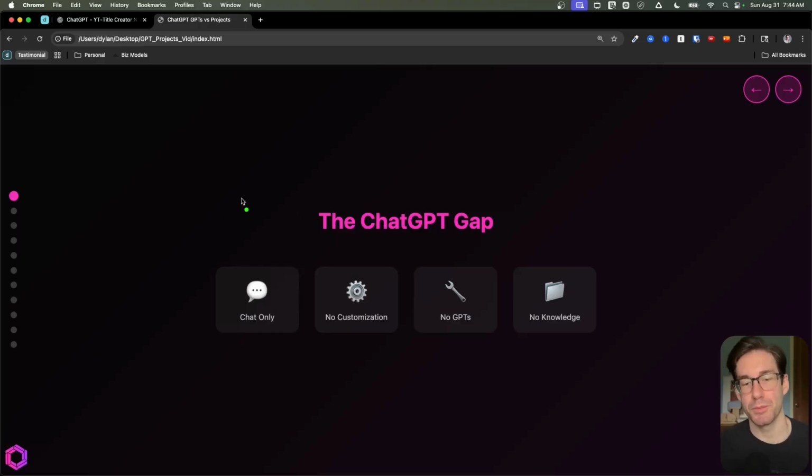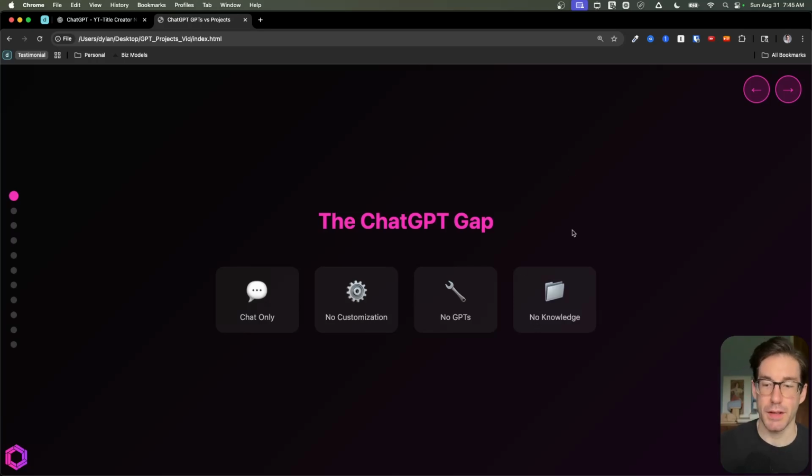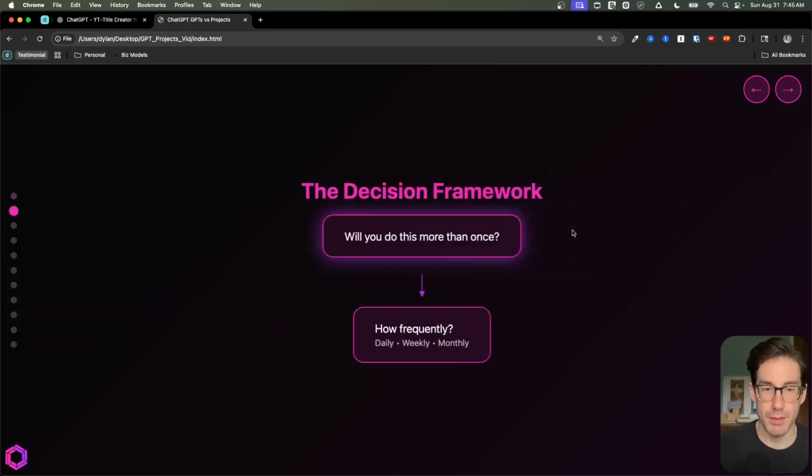Alrighty. So, there is somewhat of a gap that I've seen between most users and the most advanced users, because the most advanced users are actually using custom AI, I would say 80% of the time when they interact with either Claude or ChatGPT. But most people I've seen tend to use chat only, and if they use GPT projects or custom GPTs, they tend to do it in a small amount of time. But the issue with chat only, even with ChatGPT and their memory feature, is that the customization is somewhat minimal, and more importantly, the specialized knowledge about you and the task you're trying to achieve is quite minimal as well. So what I recommend is thinking through when is the best time to use these tools.